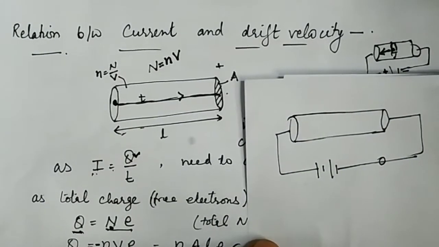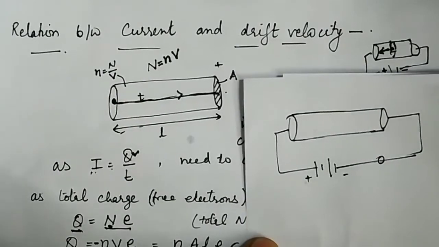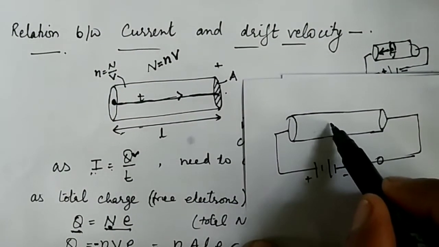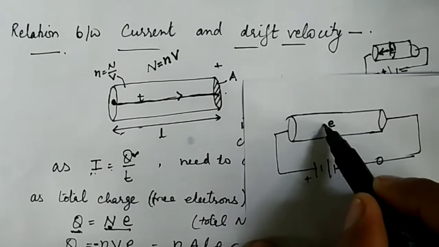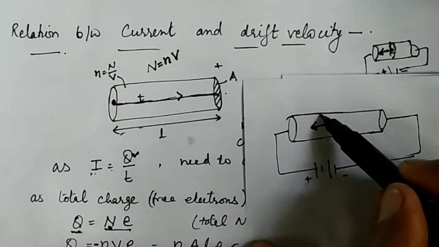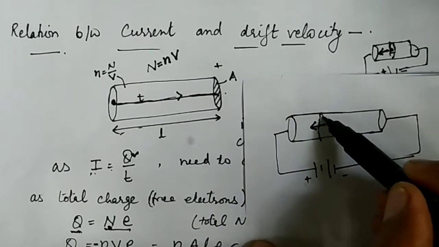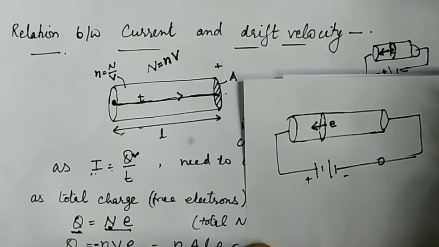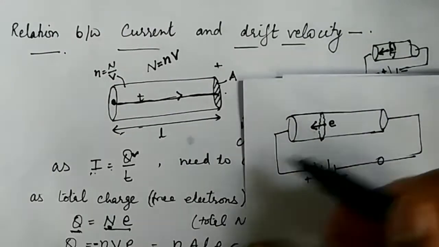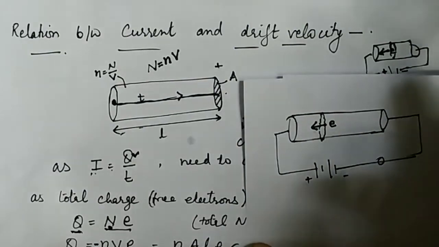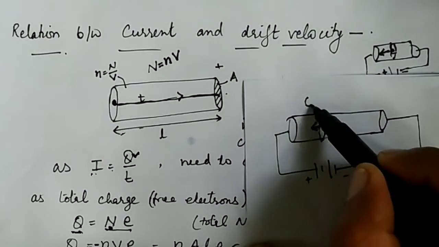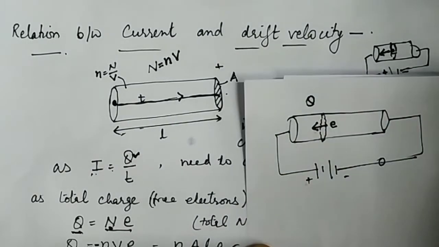through this key. Now this battery provides an electric field. As a result of it, the electron is drifted towards the positive terminal of the battery. If I make any random cross-sectional area, you will find that because of this drift, because of this movement towards the positive terminal of the battery, there is some charge which is crossing this given cross-sectional area.